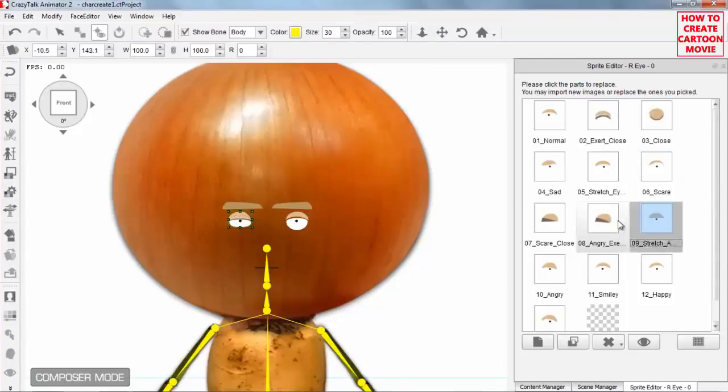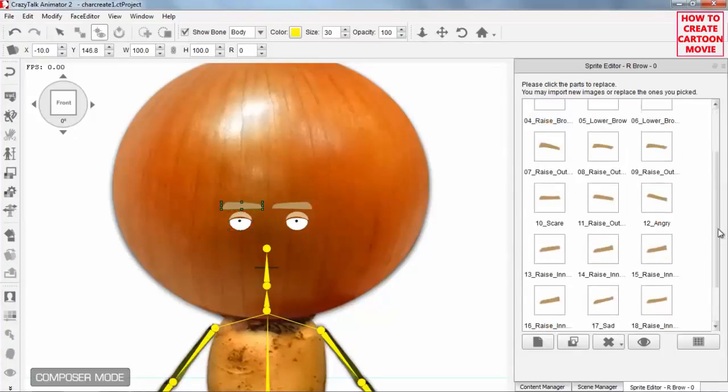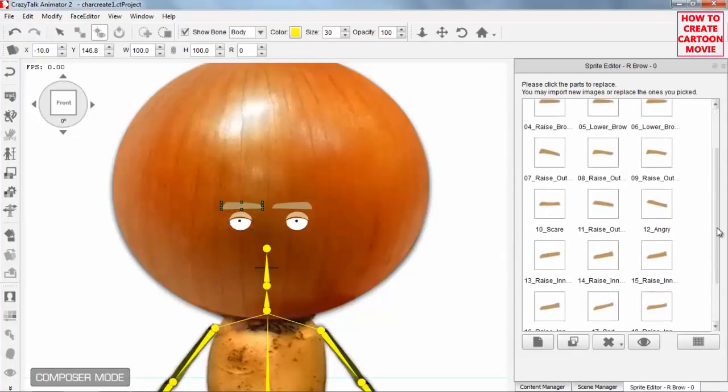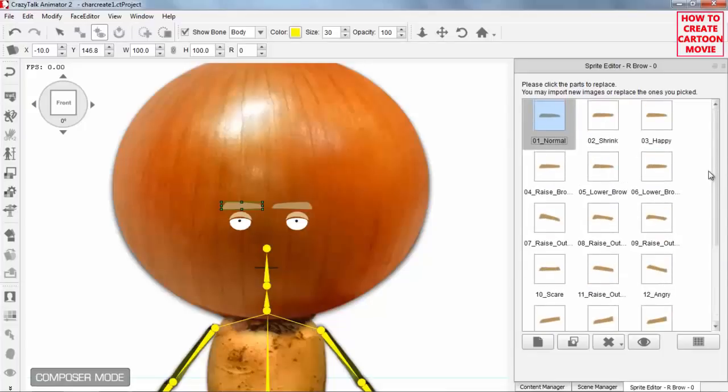There's all these different poses: the smiley, the angry eye, the scared close. These are all different sprites. Now you don't necessarily have to have 13 eye sprites to have your character fully compatible with the motion tools. You can see the eyebrow has even more. If I click on the eyebrow, there are 18 different positions that are default with CrazyTalk Animator, and